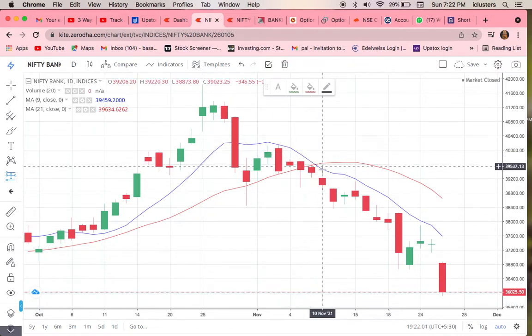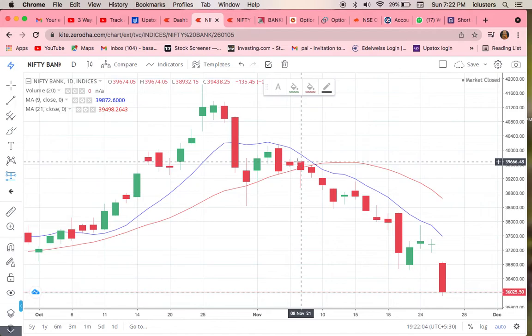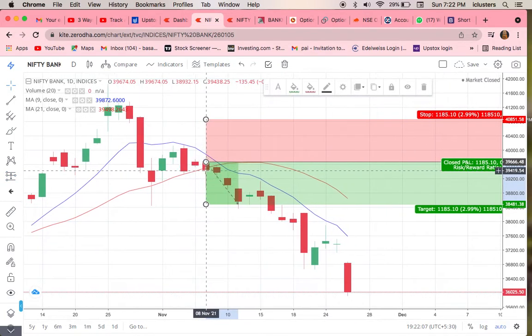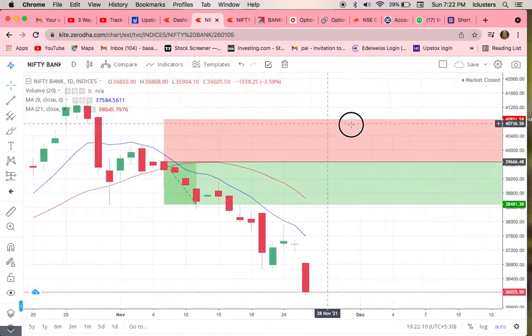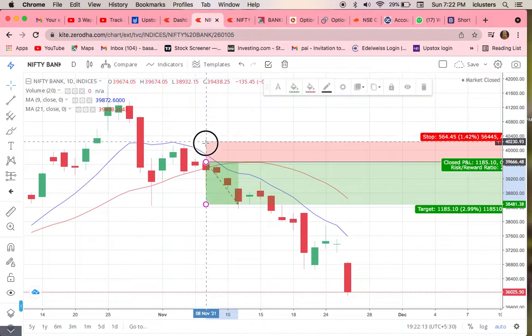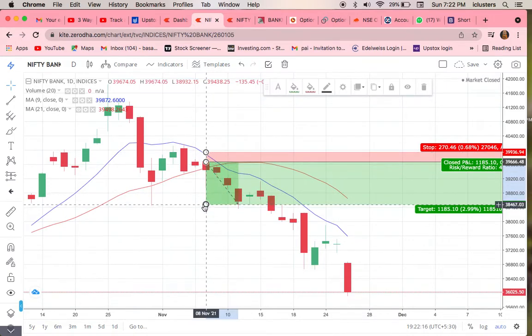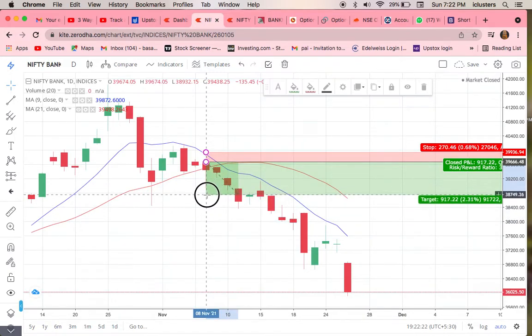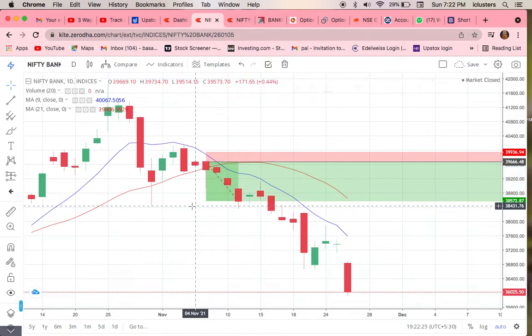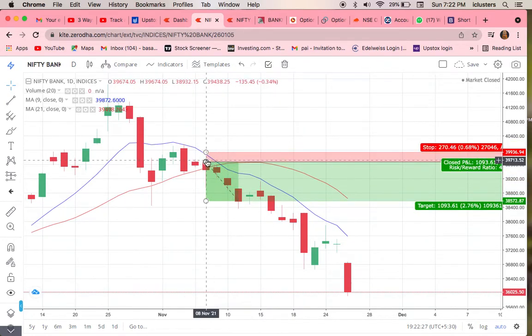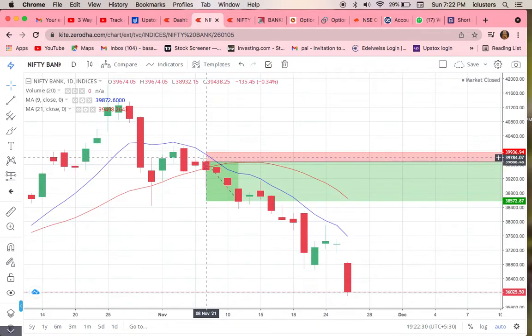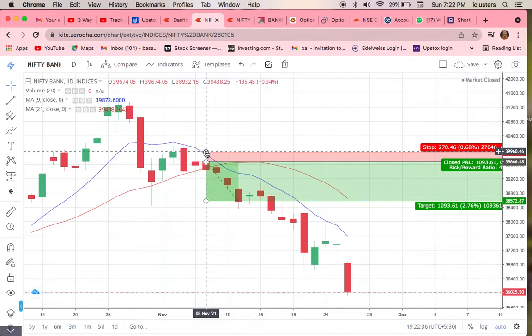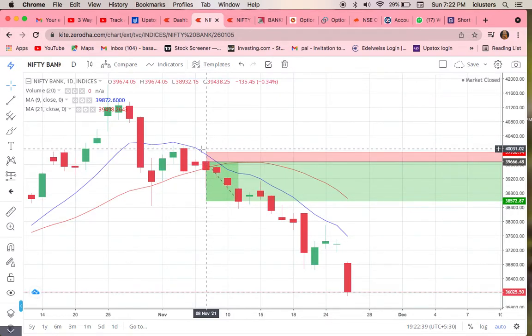See, once the moving average has broken the candle, this red color zone is our stop loss, and this is our first target, I am telling. Without putting the stop loss above this candle, we want to use this moving average price, because if the price goes above the moving average and hits the stop loss, it means the trend is going to change.